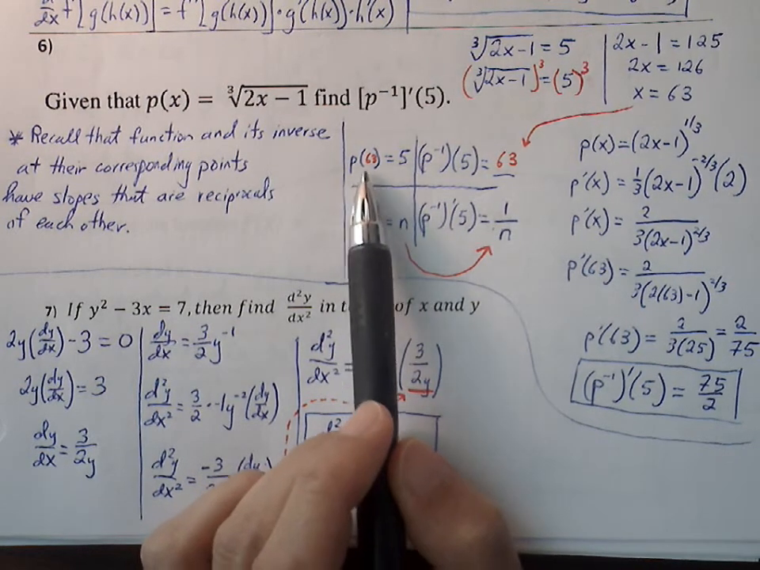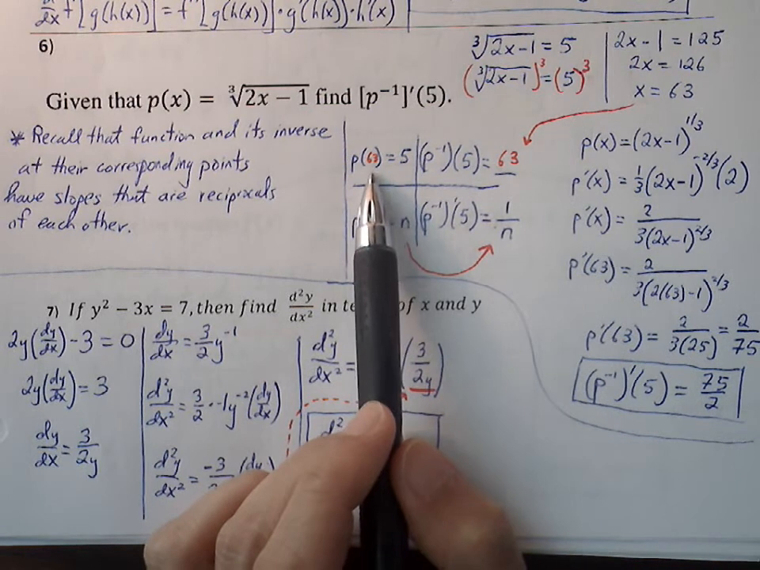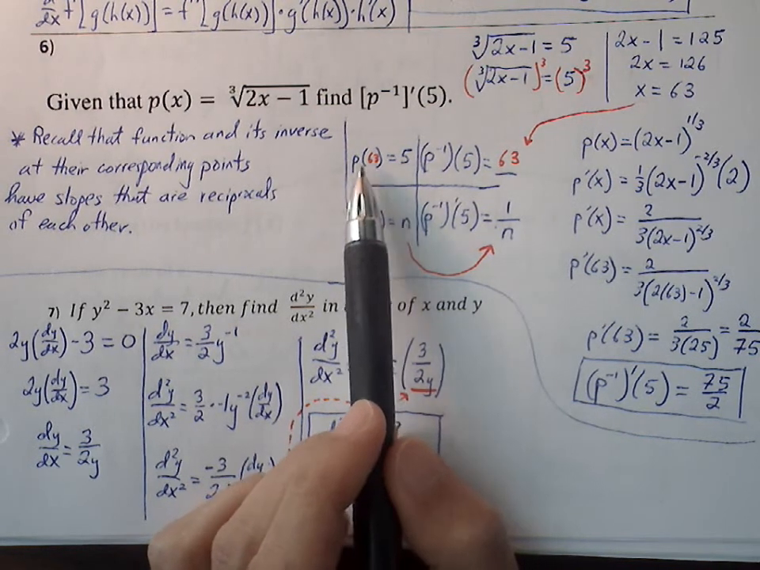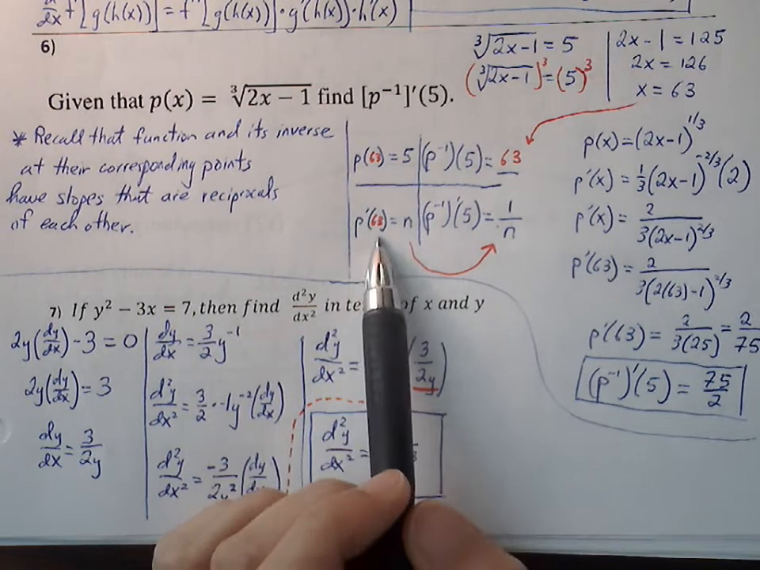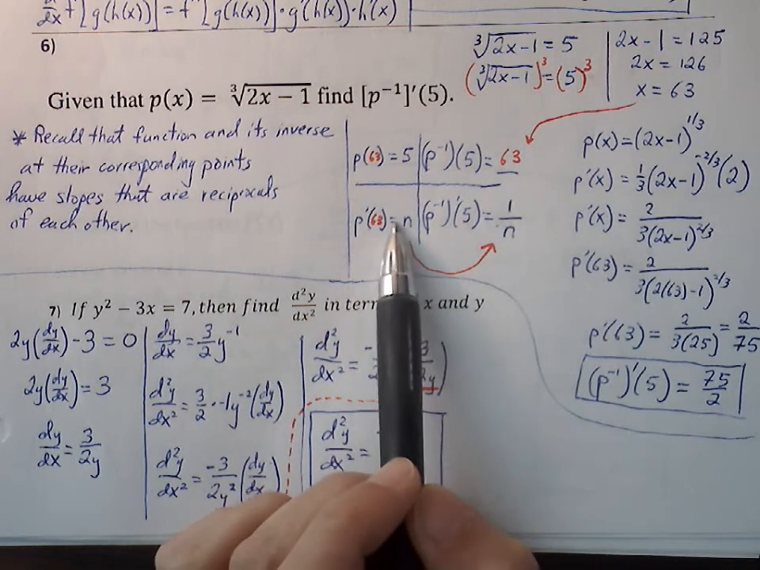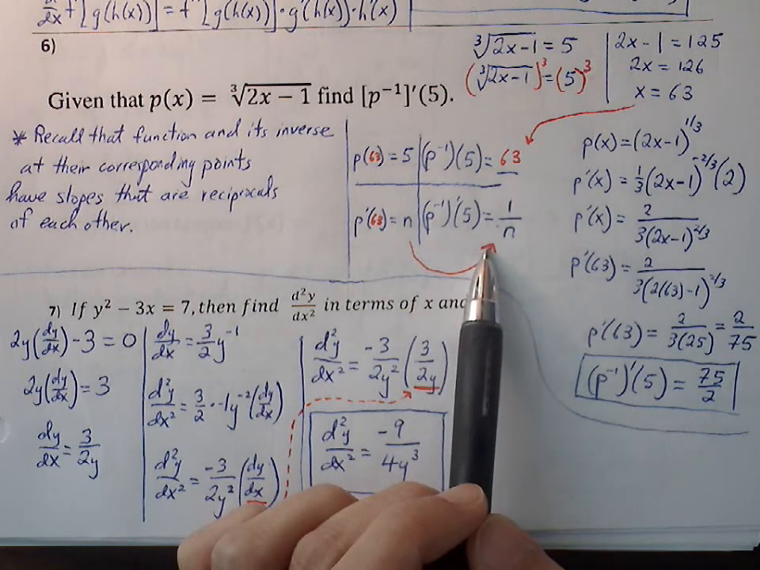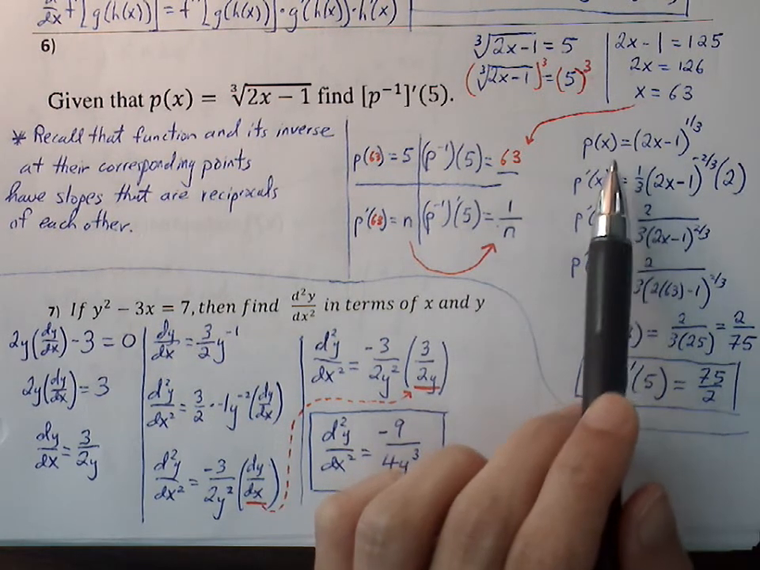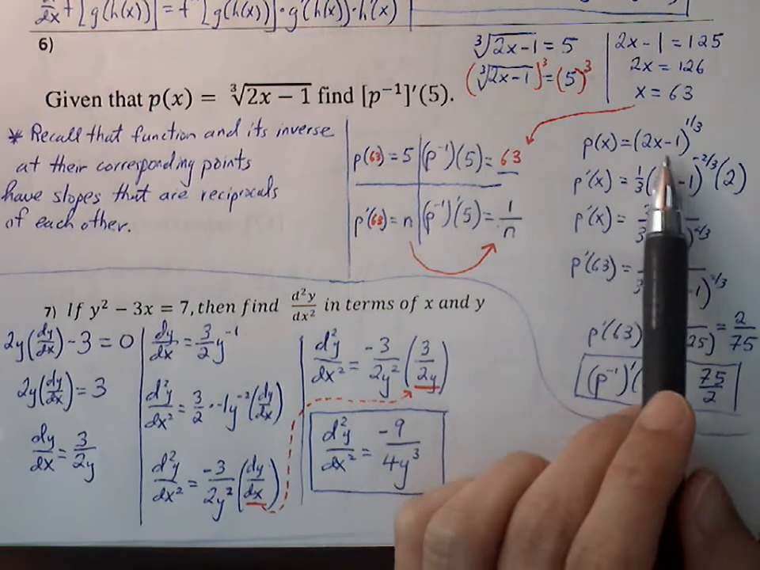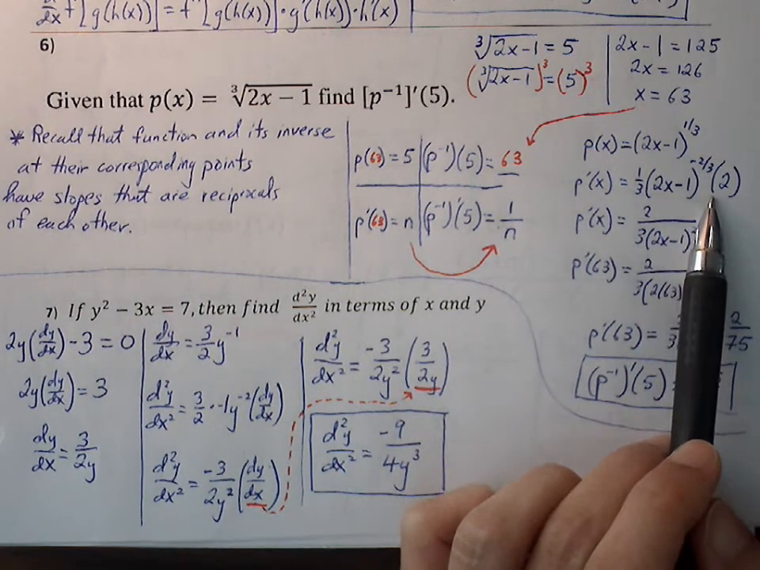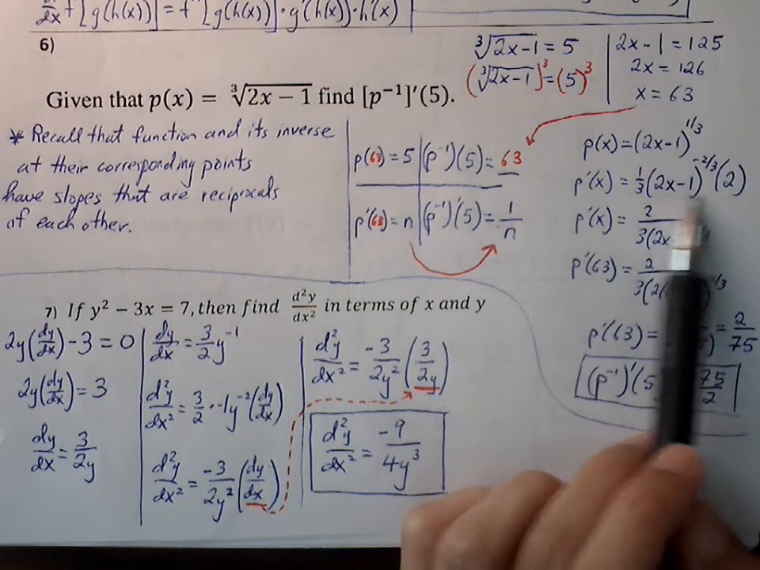So now I can move towards what I want to do, because from p of 63 I can find the derivative of p of x, plug 63 in, find the slope, and then use that slope to turn around and figure out what the slope of the inverse is at its corresponding point. So back to p of x, I'm going to find the derivative going through chain rule, bring down the 1/3, subtract 1 from the exponent, multiply by the inside function's derivative, clean this up,